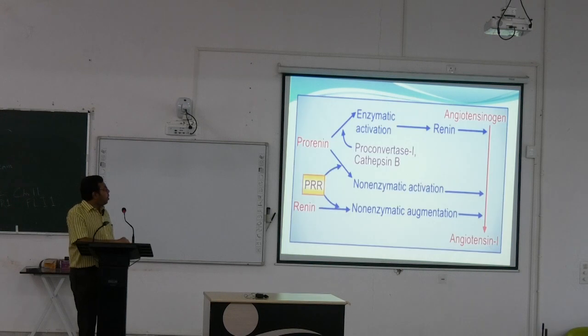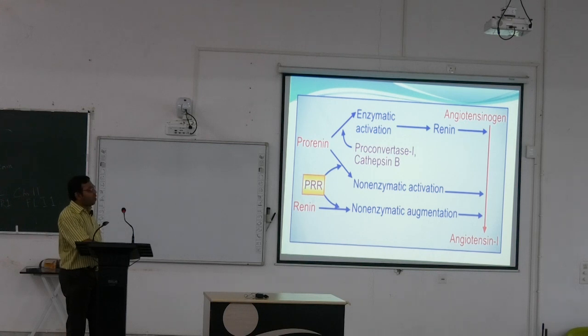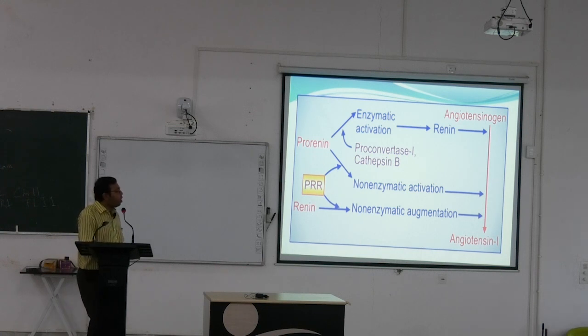Prorenin exerts effects by means of enzymatic activation or non-enzymatic activation. Two types of activation can happen. It is converted to renin, and renin again acts on the angiotensinogen. And this was done by pro-convertase 1 and cathepsin B. Apart from this, non-enzymatic activation also happens mainly in the local areas, that is in the blood vessels of different organs like heart, liver, lungs, etc., where it can lead to local pressor responses. And by means of the prorenin receptor, non-enzymatic activation converts angiotensinogen to angiotensin 1, and then it converts to angiotensin 2. So these are the ways by which prorenin and renin are instrumental in making the conversion of angiotensinogen to